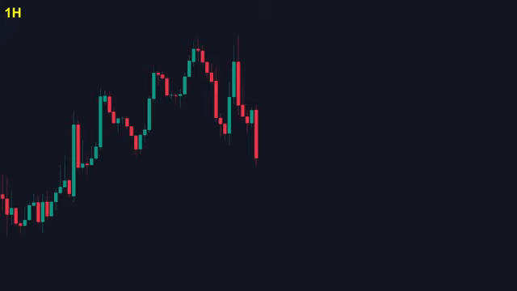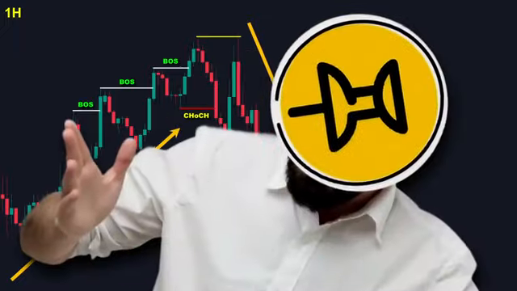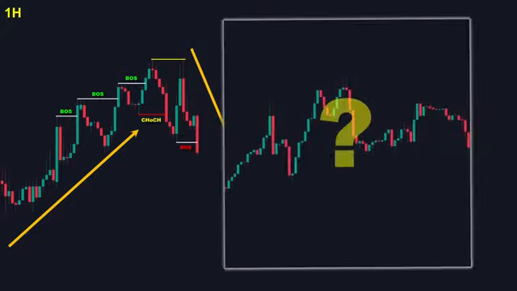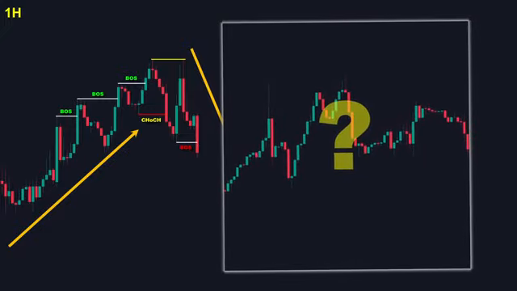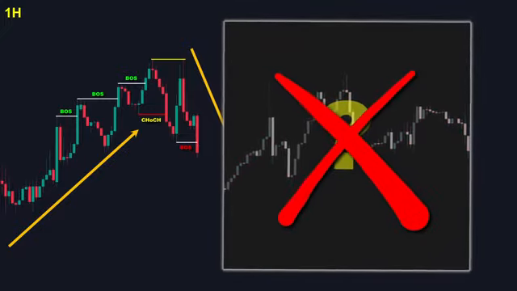The very first thing we need to establish is crystal clear market direction. To identify market direction with precision, we look for break of structures, changes of character, and reversal patterns on the chart. Here's something critical that most traders ignore. If you can't clearly determine the market direction in a specific time frame, it's better to move on to the next trading pair immediately.